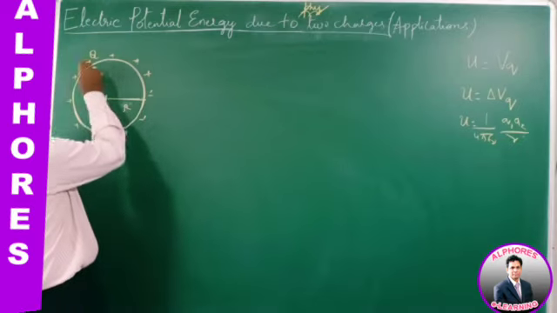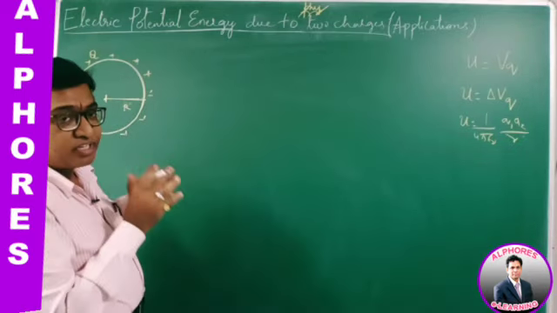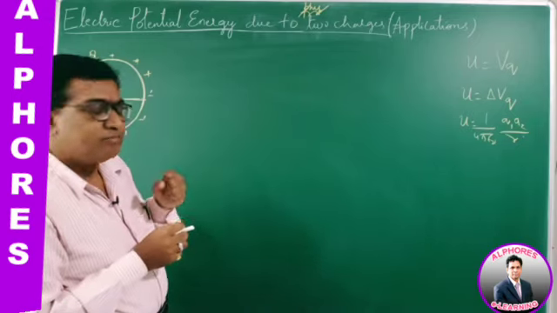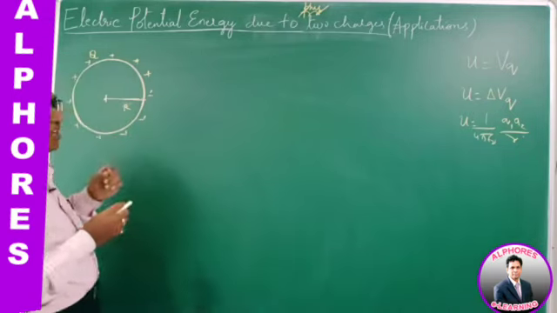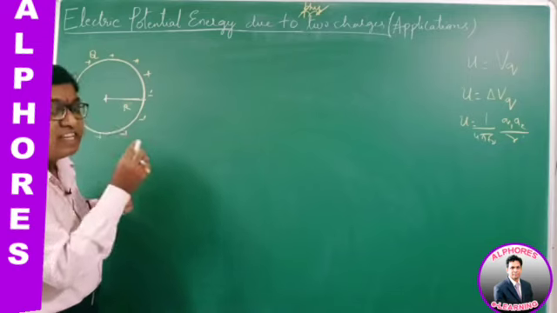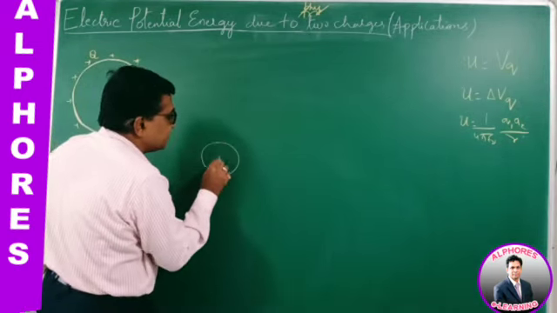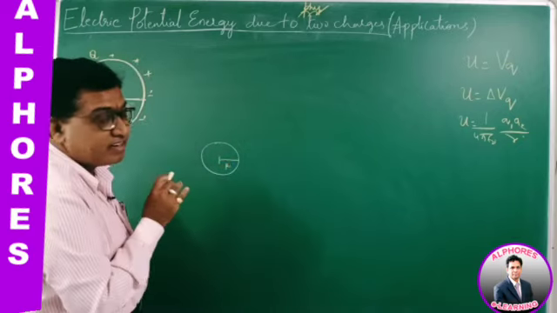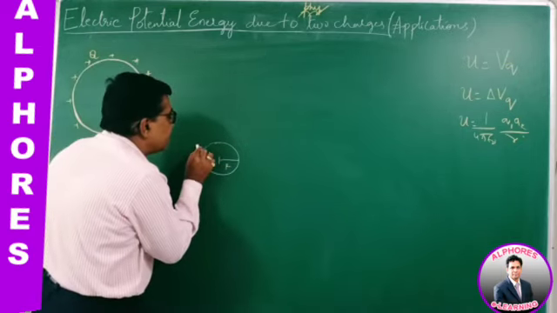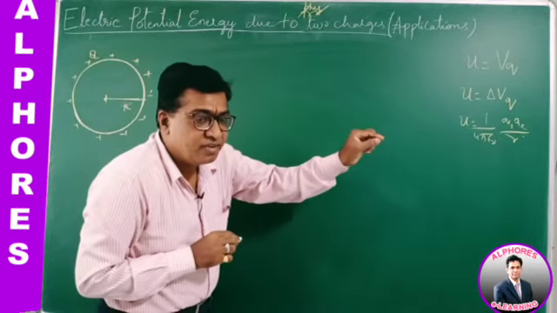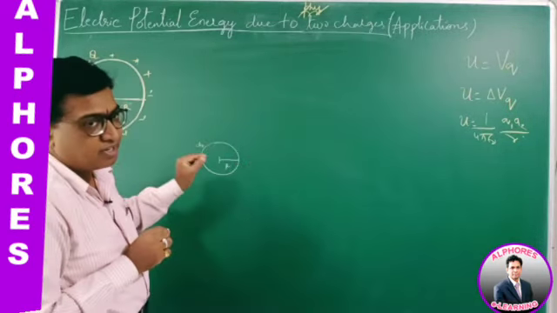For this charged sphere, the self potential energy is the work done in charging. Now how do you charge a body? We charge this body by giving elementary charge particles. Initially this is the sphere. First I give a small elementary charge dq, moving the charge from infinity to a point on the surface.